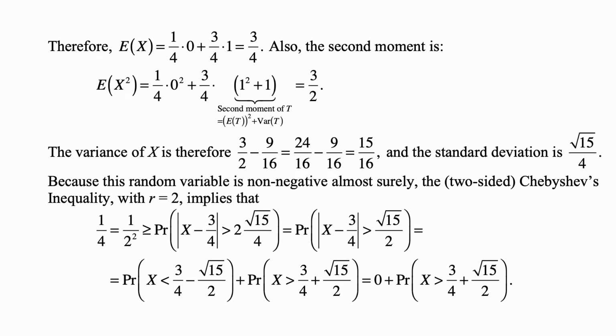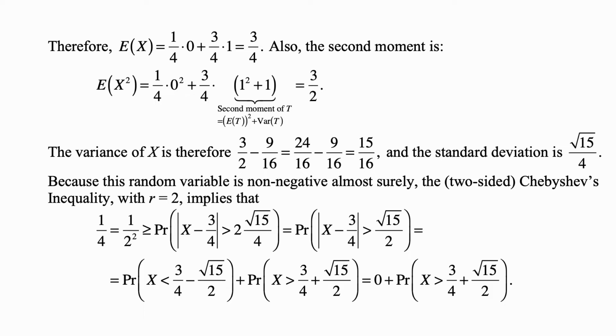And the variance of x is therefore 3 halves minus the square of 3/4, which is 9 over 16. So that's 24 over 16 minus 9 over 16, which is 15 over 16. And the standard deviation is the square root of that, which is square root of 15 over 4. Because this random variable is non-negative almost surely, that is, almost surely means with probability 1, the